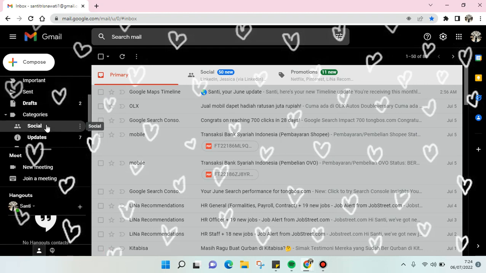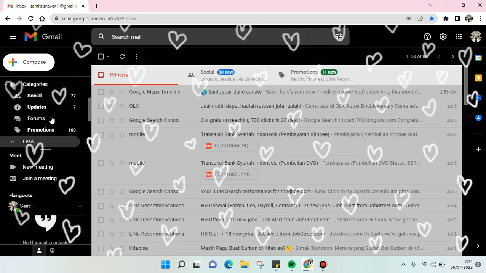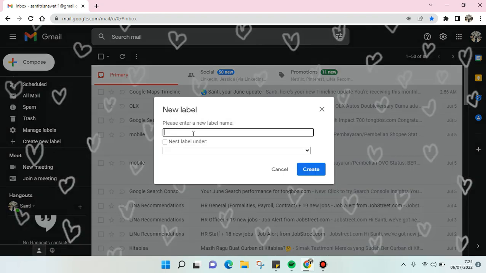And if you want to add a new folder or label, you can just scroll down, click on More, and you'll find the Create new label option. You can just click on this and enter the label or folder name. For example, Work only,